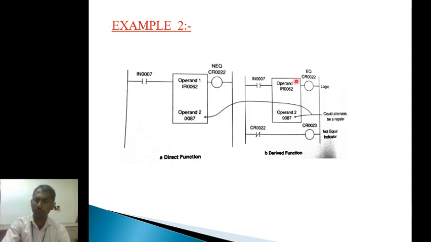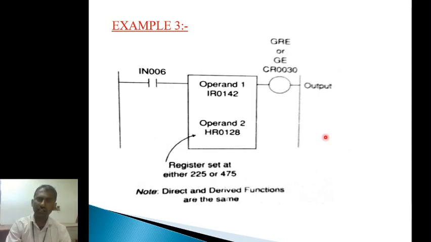So first we perform the equal to operation, and then we reverse that equal to operation, then we get the not equal to function. And next, example 3 is greater than or equal to. Greater than or equal to means, suppose you want to measure anything greater than or equal to 225 or greater than or equal to 475 or greater than or equal to any number, that number will be present in the HR0128 and some values are entered into operand 1, that means IR0142, and these two are compared, and